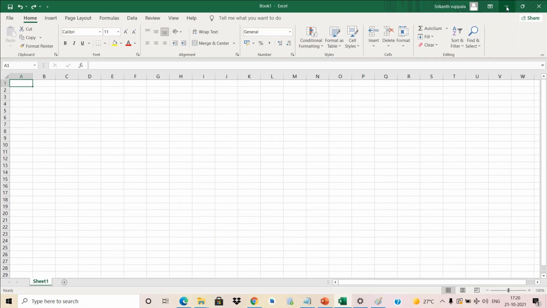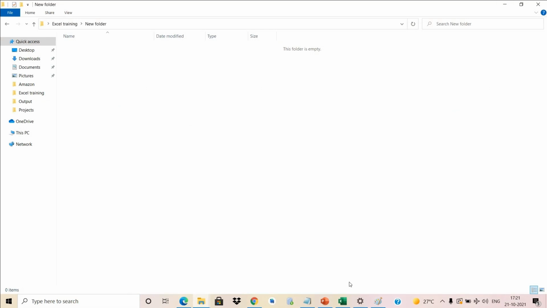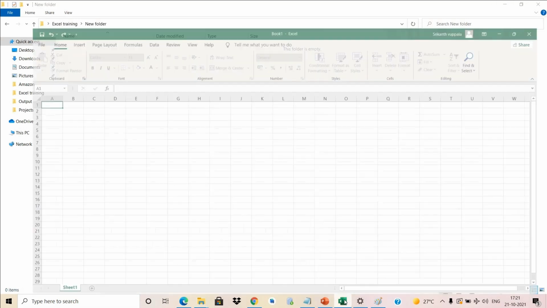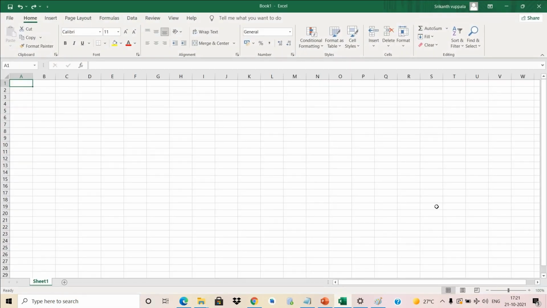So this is called minimize button, this is called restore button, and this is the close button. Minimize functions like, if you want to minimize the Excel sheet, click on this, it will get minimized. When you want to open the Excel sheet again, you can click on the Excel sheet available in the taskbar, it will open up the Excel sheet.